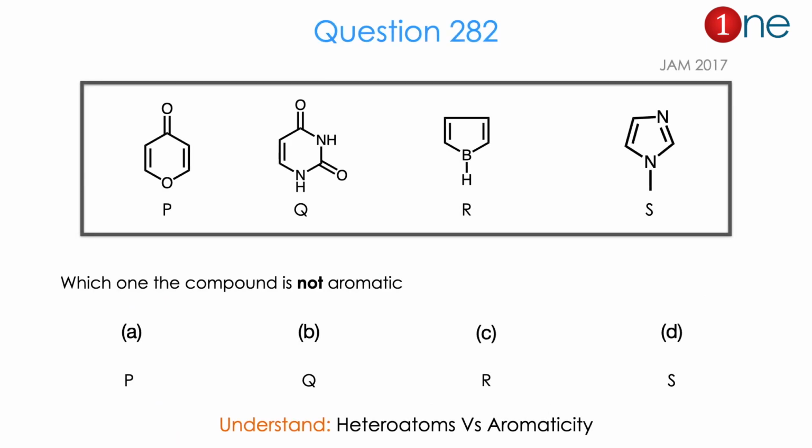Then let us look at the next question. They have given 4 different compounds. They are asking which one is not aromatic. You have to find whether the 4 structures obey the Huckel rule or not. P1 is a 6-member ring with a conjugated ketone with a hetero oxygen. Q1 is the base which is attached with 2 nitrogens, having 2 hetero nitrogens and a carbonyl. R1 will be with a hetero boron, which is a 5-member ring, and S will be with 2 heteroatoms in a 5-member ring.